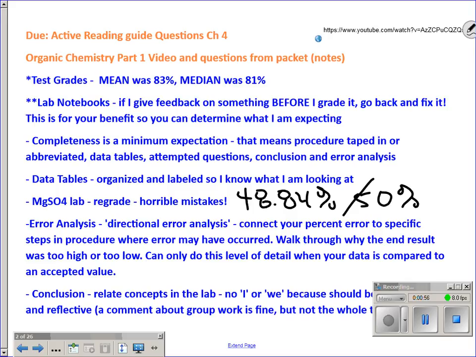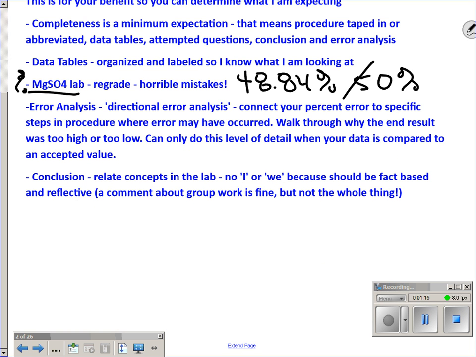So I think what we did, we didn't account for the percent magnesium sulfate in the hydrated version of it. So I'll kind of walk back to that at another point in time, but I know that you're going to see that it's not graded because I need to regrade it because that graph was horrible. Some of y'all's graphs never even gave you a chance to have a calibration curve. Because the beauty of a graph, the graph that you could have had here was